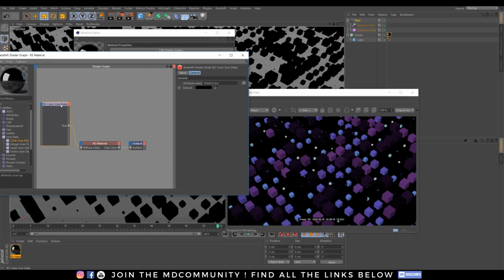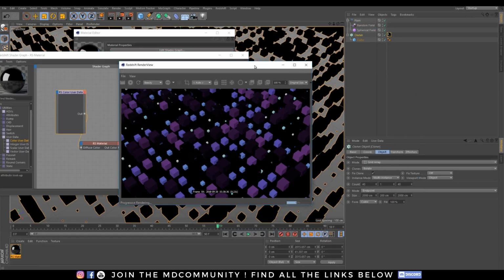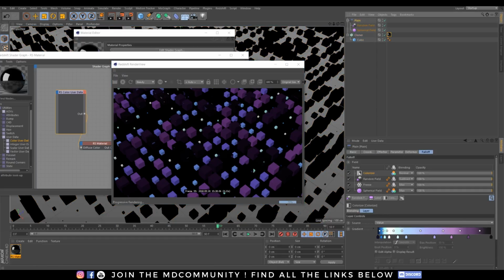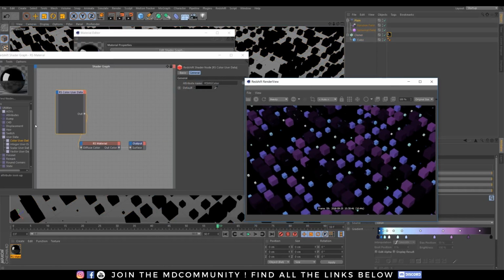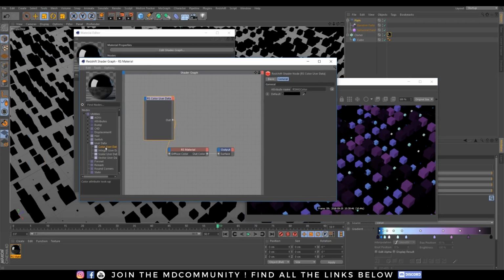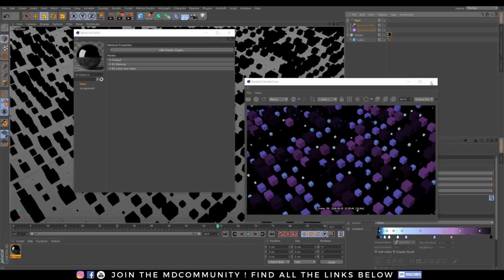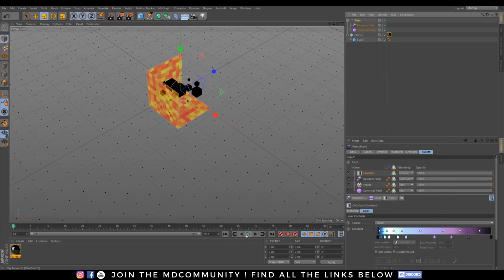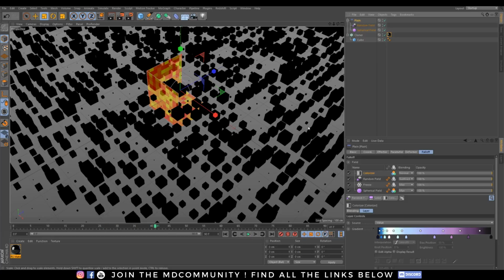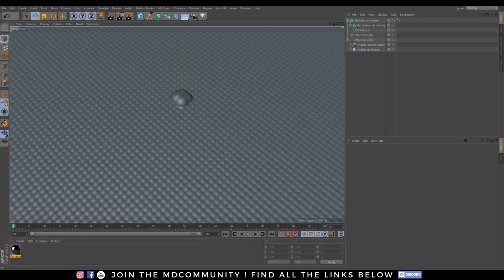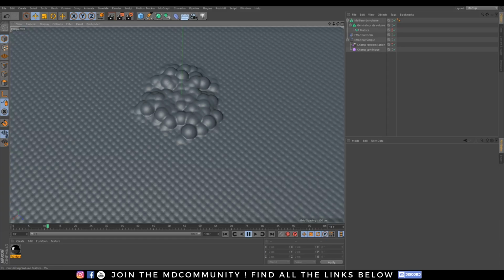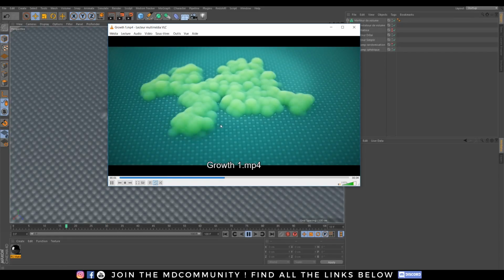So that's how we get the MoGraph color in the fields. You do your colors right there, you go in user data, color user data, and you select color. It's just a little tip for you guys if you want to do some nice renders. Okay, pretty nice effect. This is our first effect. We are happy with it, and if you render it, you will get this. Pretty nice. Now let's see how we can make this second effect, this nice bubble growth.